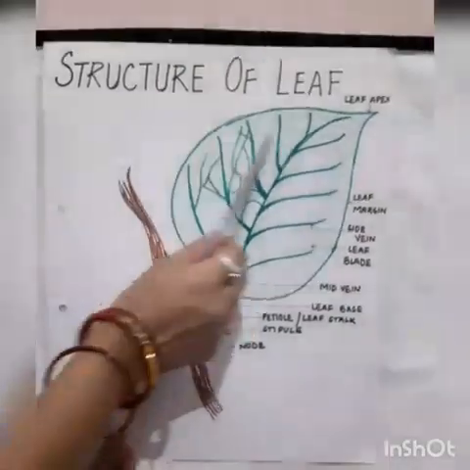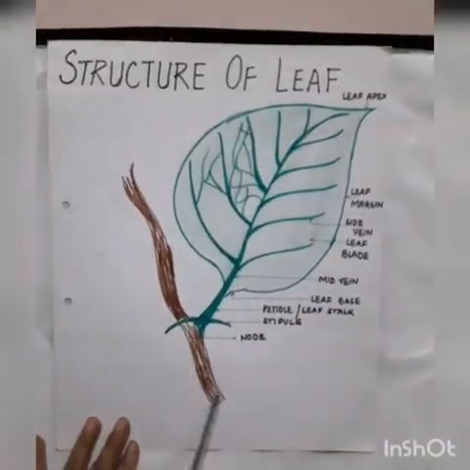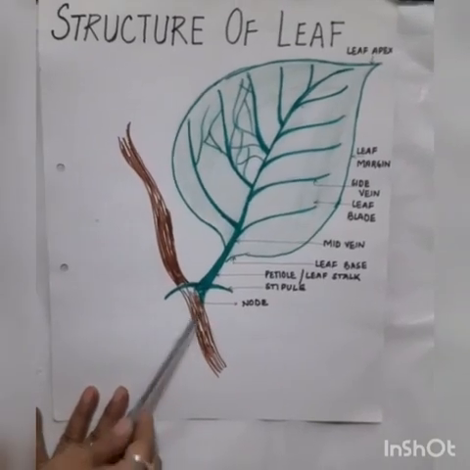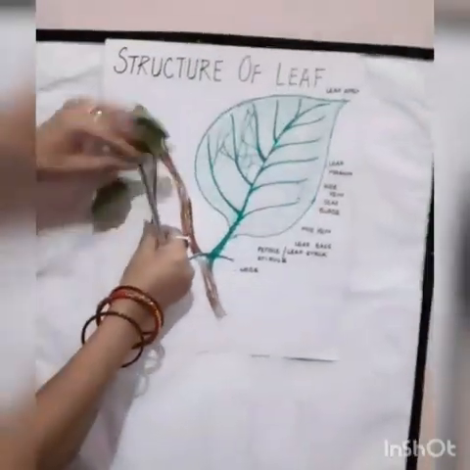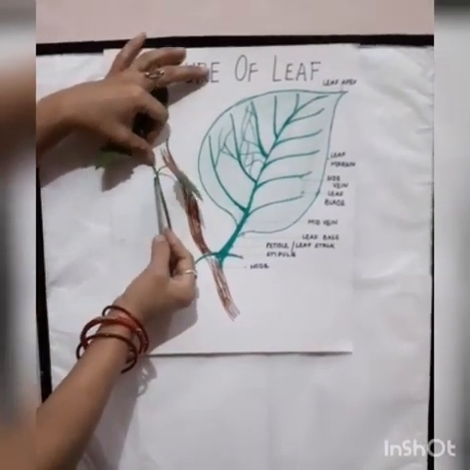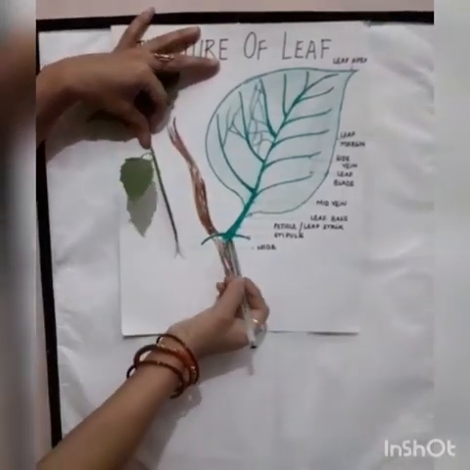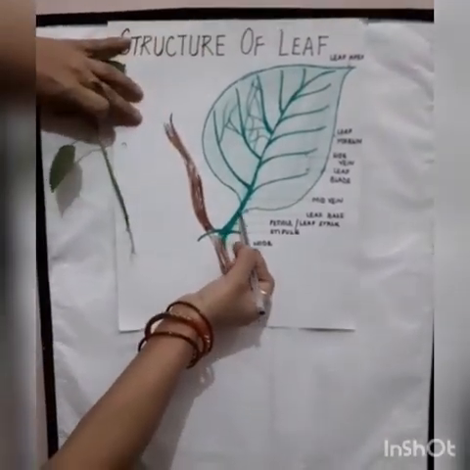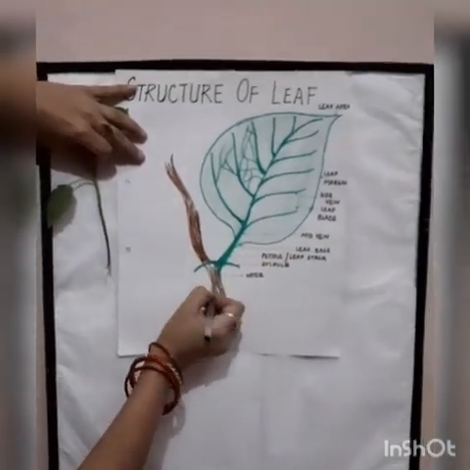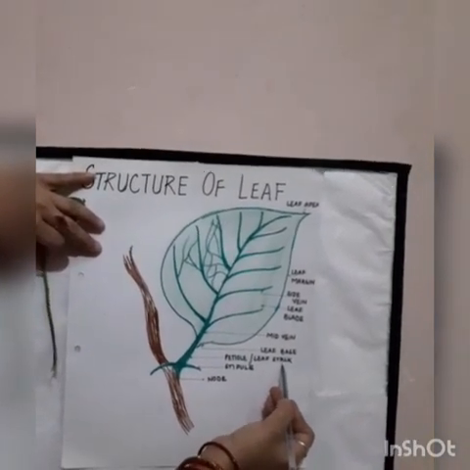Now children, we are going to study about the structure of the leaf. You can see this is leaf. Leaf is attached to the stem and it arises from the nodes. You can see this is leaf. It arises from the nodes of the plant. This is the node of the stem and from where the leaf is arising. And this leaf, it forms a midrib. From here, you can see it is attached to the stem by a short petiole. It is also known as leaf stalk.